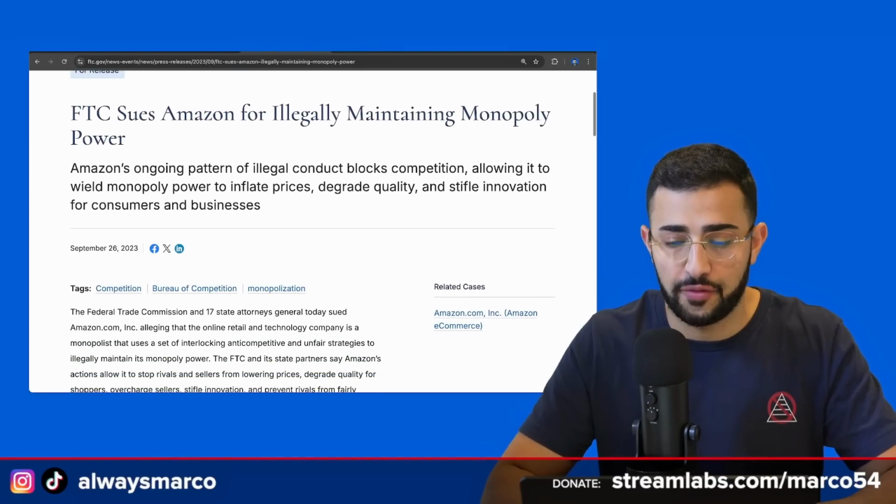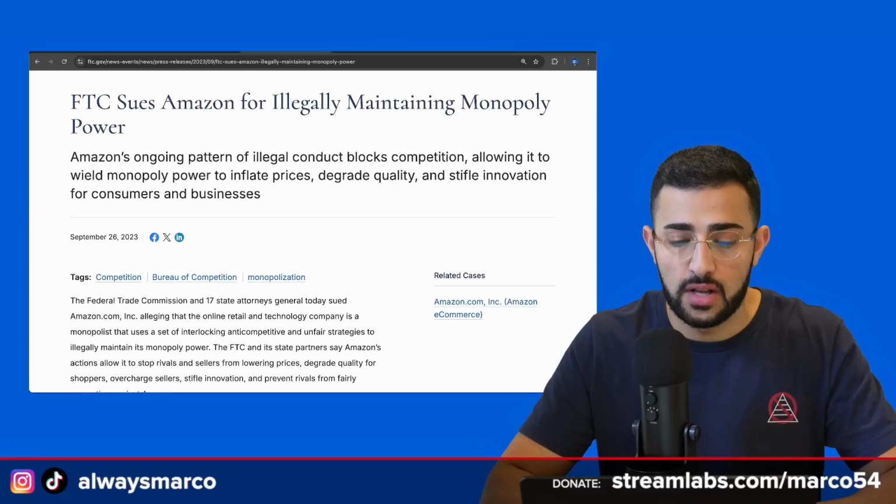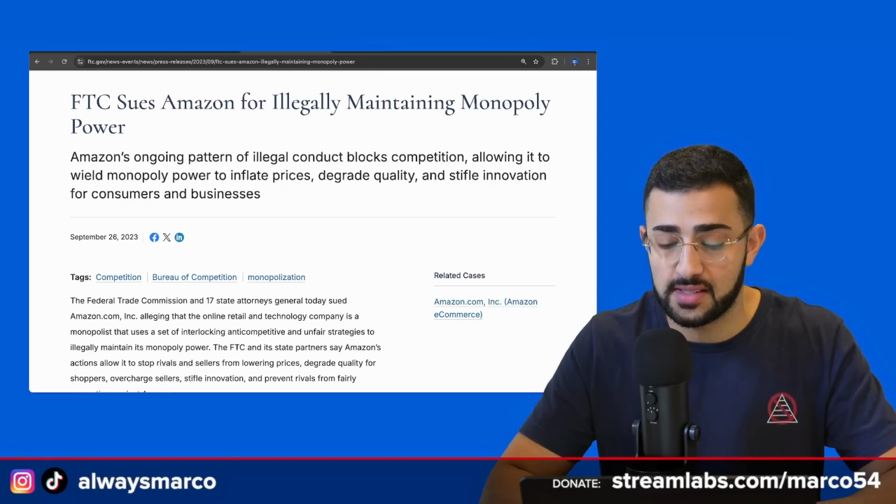FTC sues Amazon for illegally maintaining monopoly power. Amazon's ongoing pattern of illegal conduct blocks competition, allowing it to wield monopoly power to inflate prices, degrade quality, and stifle innovation for consumers and businesses. In my opinion, this new Ring update, Ring is owned by Amazon, is exactly that. The subscription model is so out of control that I feel like somebody is going to become a genius innovator